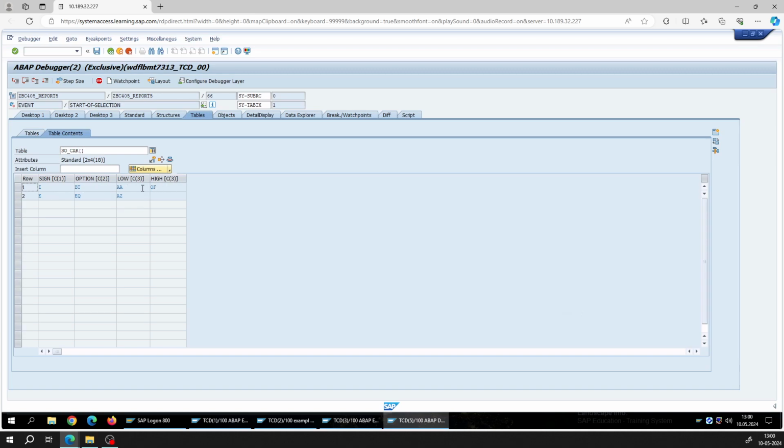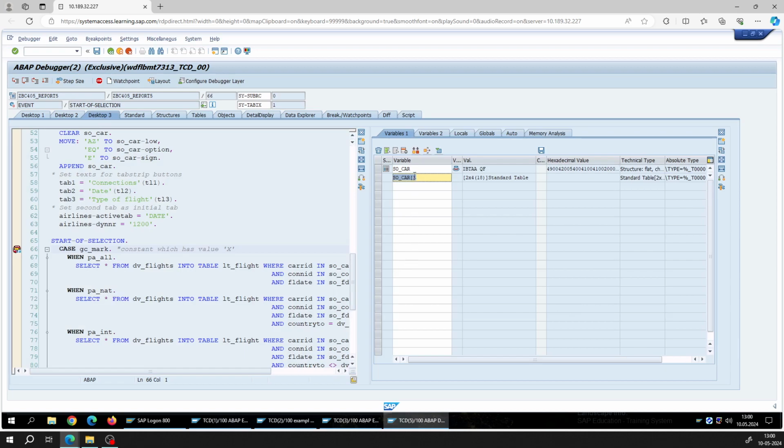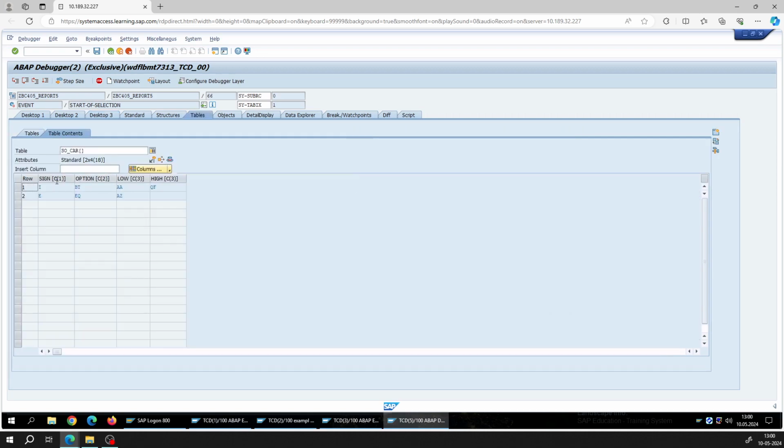So this is the range AA, QA, and here we are using the excluding option, single value AZ. So now you understand the select options are like an internal table which has 4 columns such as sign, option, low and high. So that is why